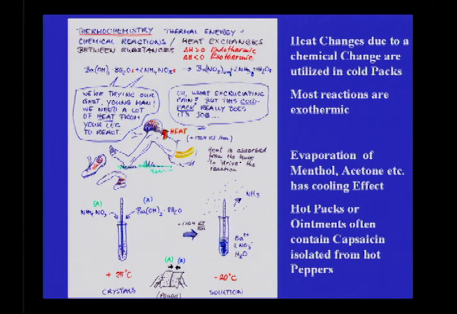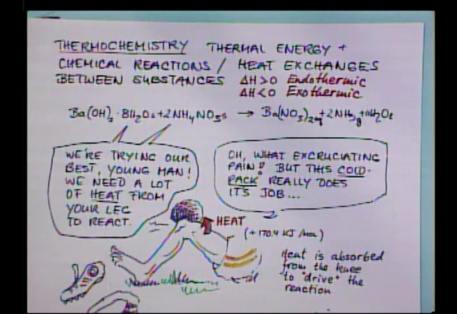We now come to what we consider thermochemistry for our studies. Thermal energy and chemical reactions lead to heat exchanges between substances. So when a chemical reaction takes place, heat can be given off or absorbed. But it doesn't have to necessarily deal with a chemical reaction. It can just be that a hot substance transfers its heat to a colder substance with which it comes in